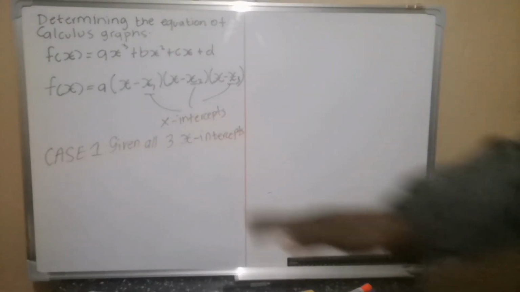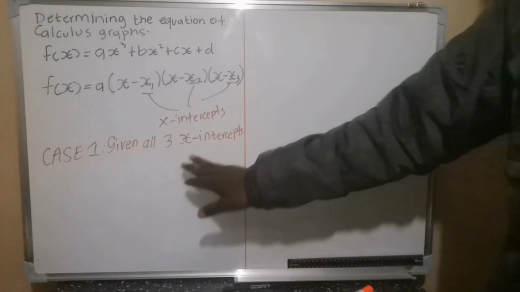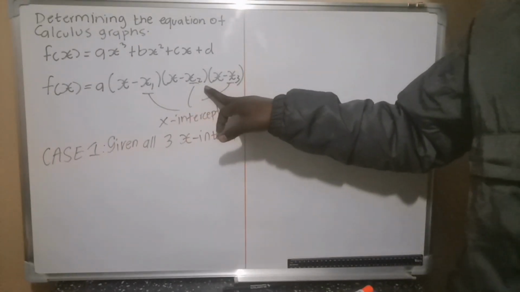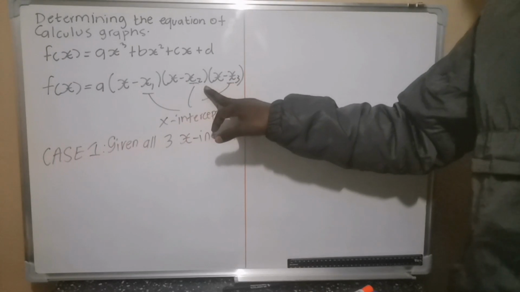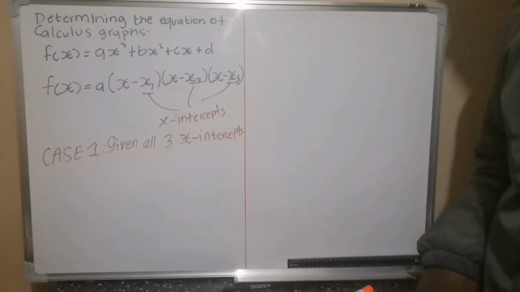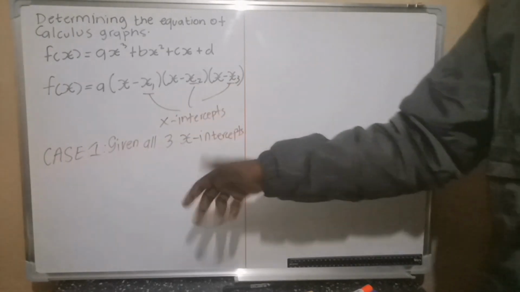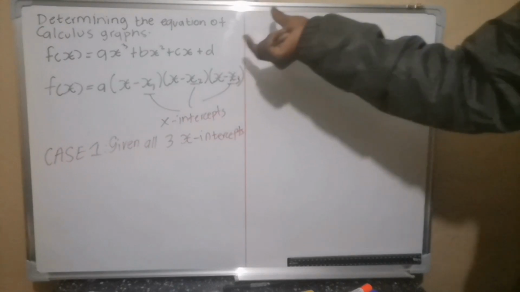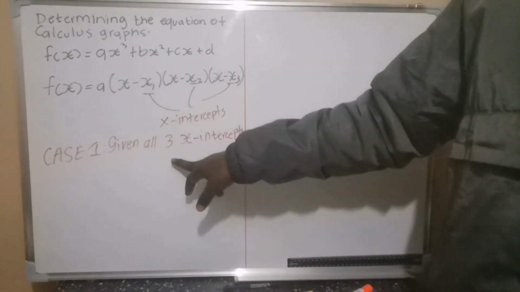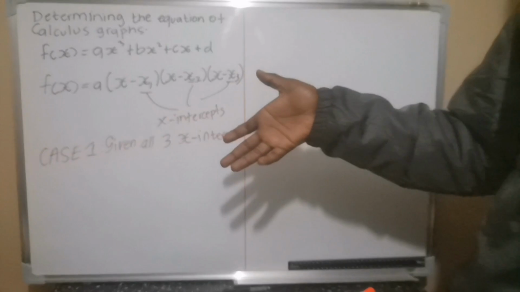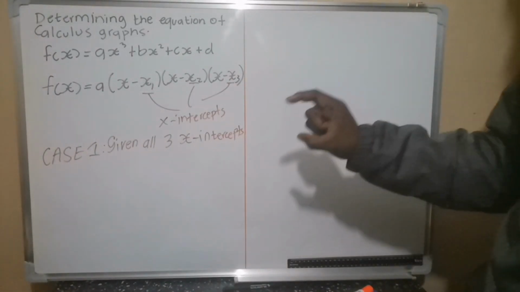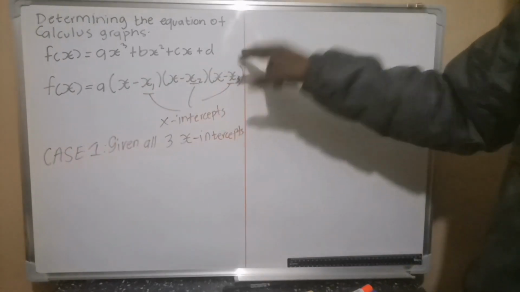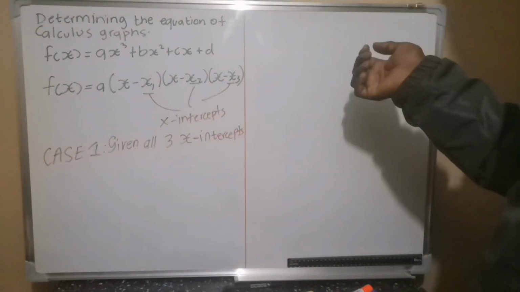So case 1, if you are given all 3 x-intercepts, then you will use this equation to find the equation of this function. So now, to determine the value of a, here you are given 3 x-intercepts, and you will then substitute those 3 intercepts. They will give you a graph and show you those 3 x-intercepts. After you have substituted them, to find the value of a,